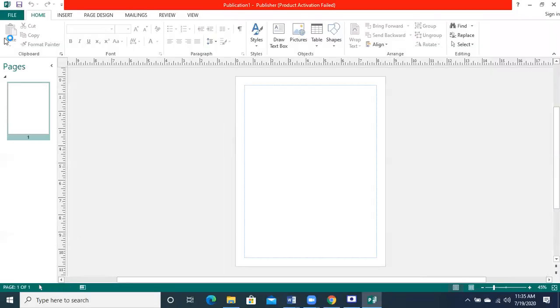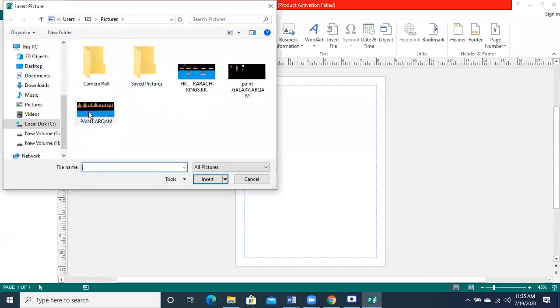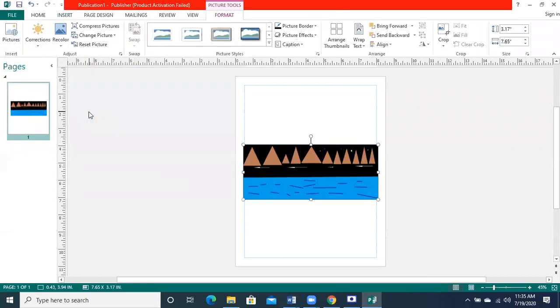When I go to the insert option and insert any picture in my publication, see, when we insert a picture in our publication, which tab appears? Look at this: what is the name of the tab that appears? It is called picture tools, picture related tools.